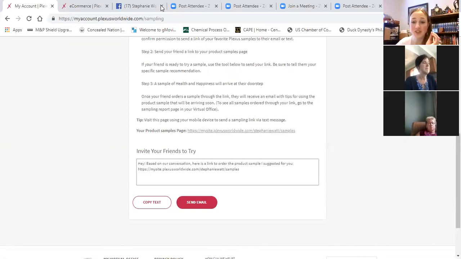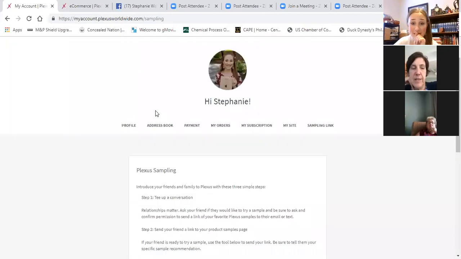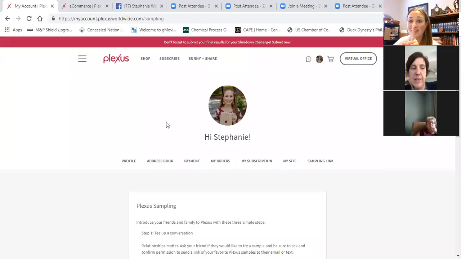It's so beautiful. It takes all the steps out. And this little package, the little fold-out note card that they get, takes a lot of the work out of it for you, setting expectations. I mean, you still should, but this is like third-party validation amazingness. Now, I want to show you, they also created a report for us so we can keep track of everybody who samples. So now if you go to your virtual office,